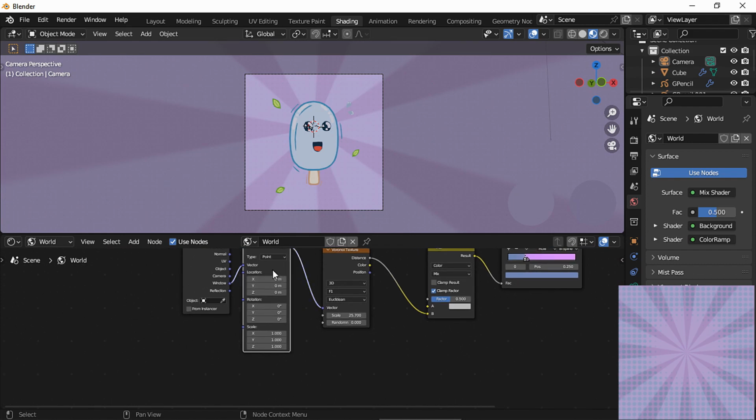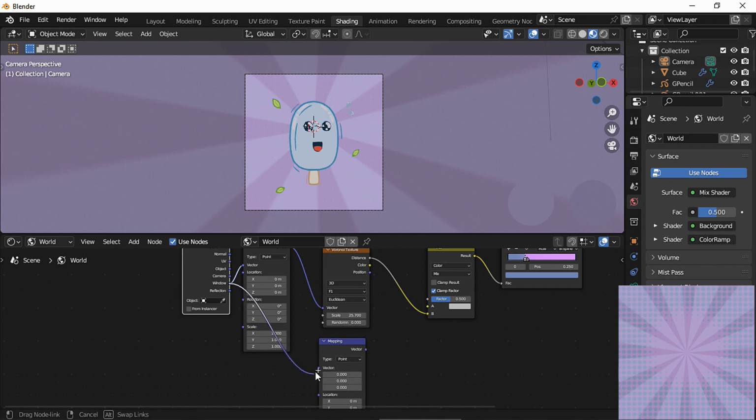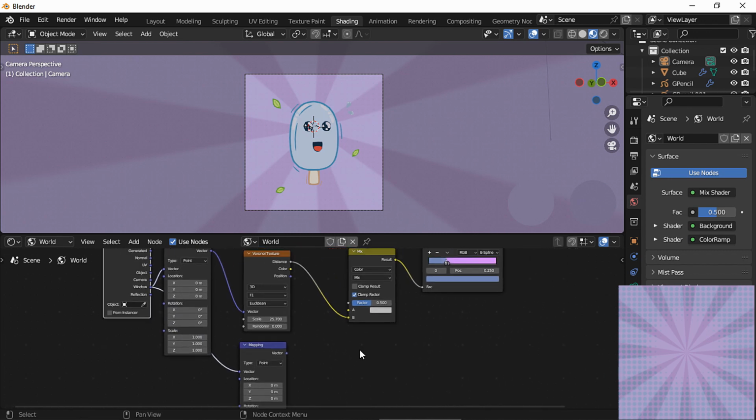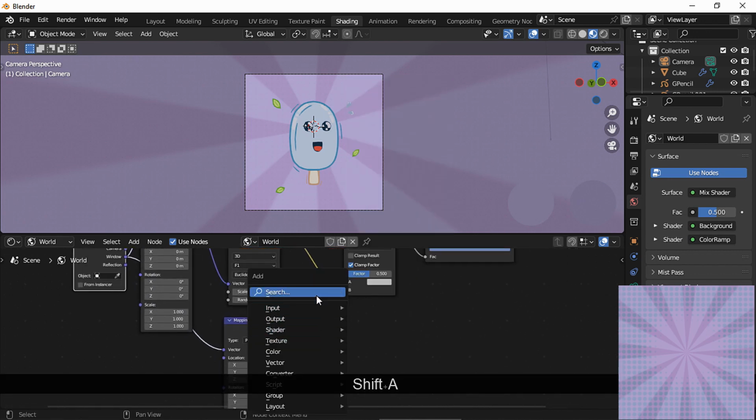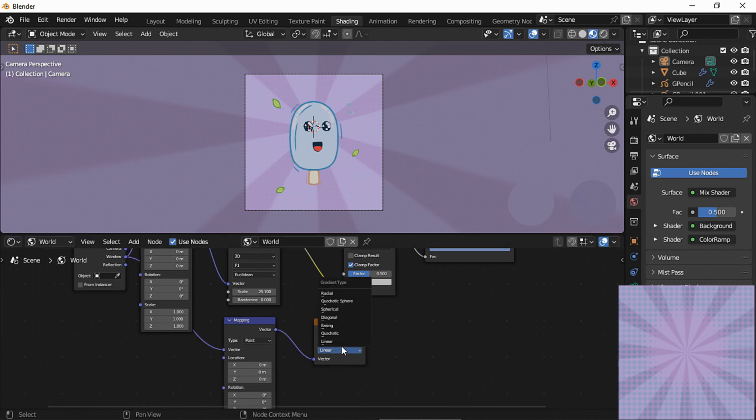Duplicate the mapping node. Connect the texture coordinate node to the mapping node and add a gradient texture node. Change it to spherical and connect it to the mix node.